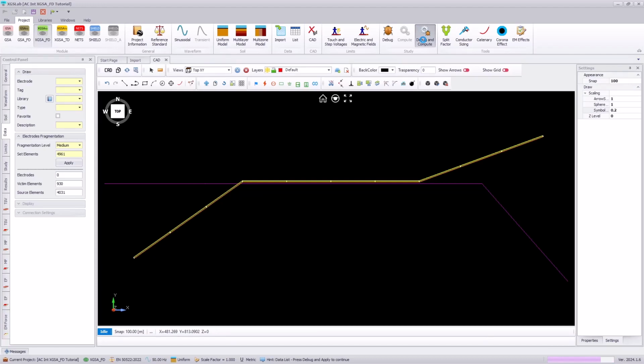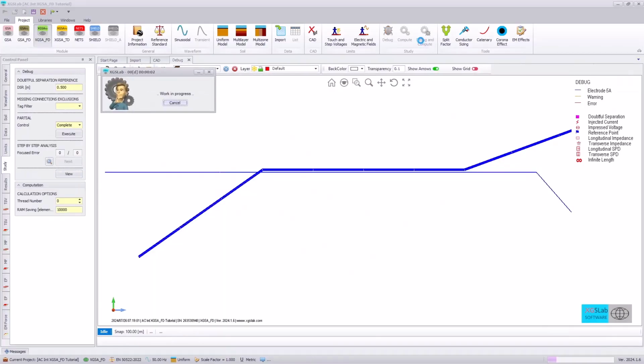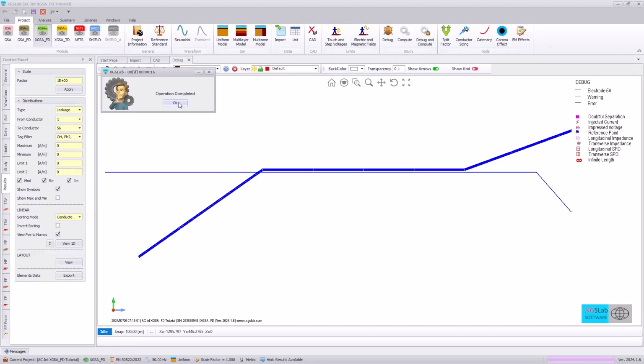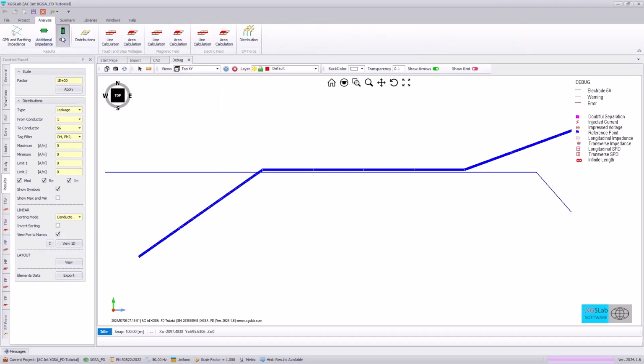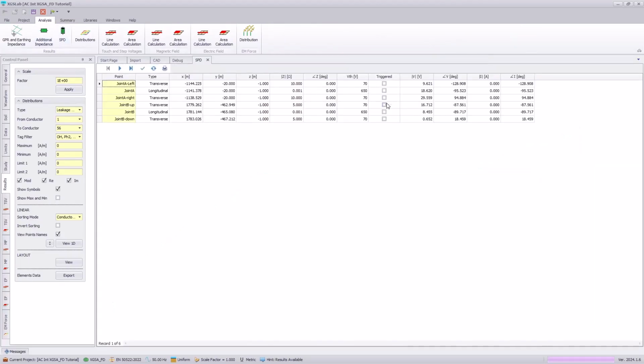At this stage, the software will evaluate that all conductors are independent or they're not overlapping, and evaluate the inductive coupling, conductive coupling, and capacitive coupling that may occur from your transmission line to your pipeline or other metallic structures. Once completed, we can see in the Analysis tab that none of our surge protective devices had been triggered, and we can look at our results by specifying, let's say, potential, and we just want to look at the pipeline